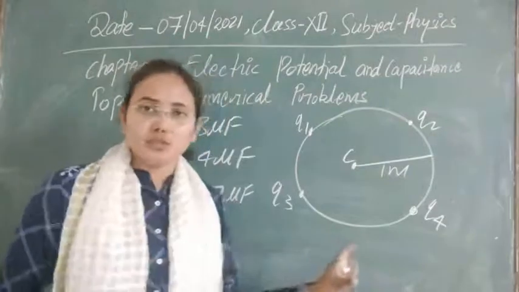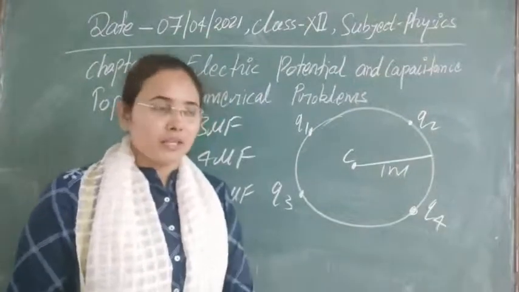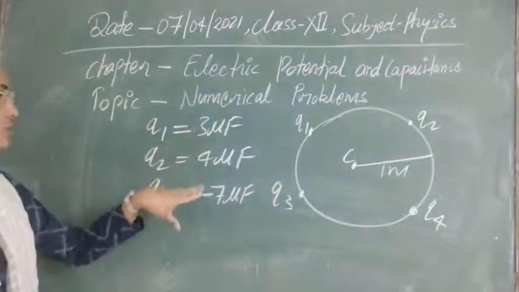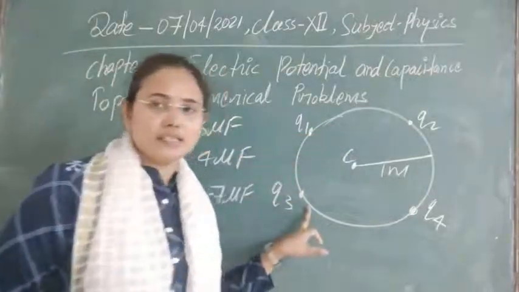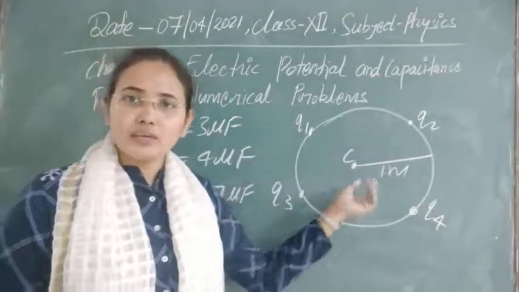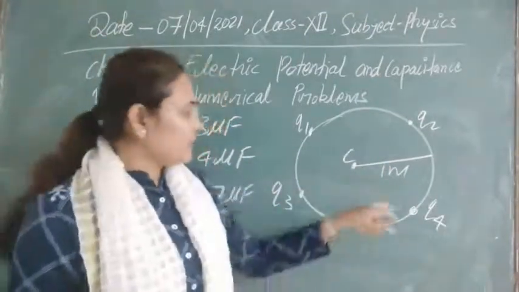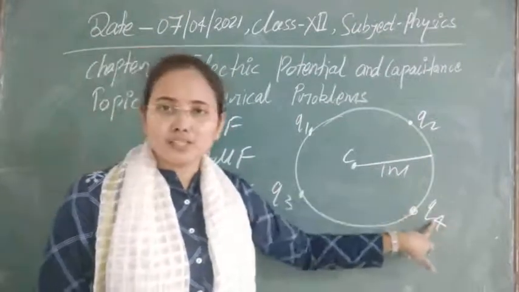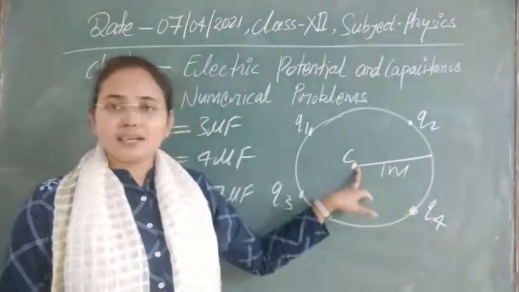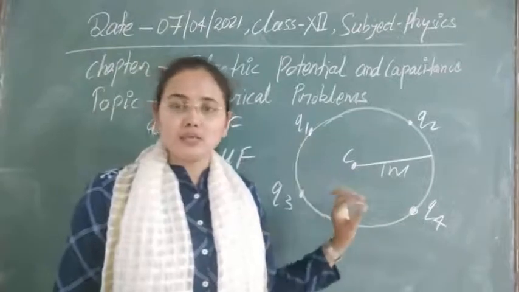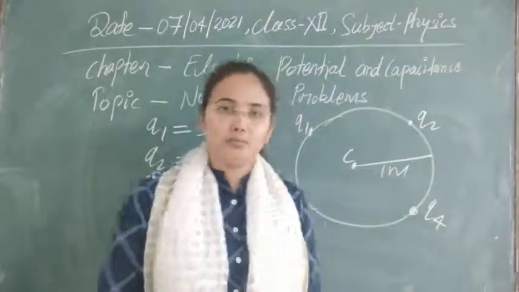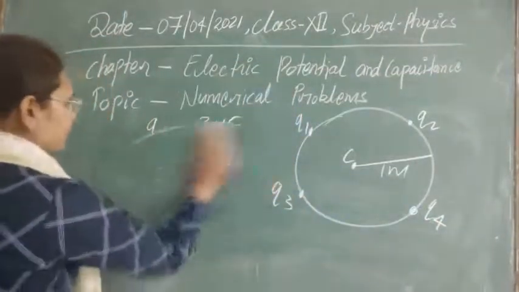There are two methods through which we can find it. One is a simple conceptual method. If you look at these three charges, the sum of two of the charges cancels out the third charge. It means that whenever we calculate the potential due to these three, they will cancel each other, and due to that the potential at the center will be 0. So if we put any other charge Q4 with some value, then obviously the potential at the center will not be 0. So for the potential to be 0 at the center, we have to put Q4 equal to 0 coulomb. We can also solve it in a mathematical way.